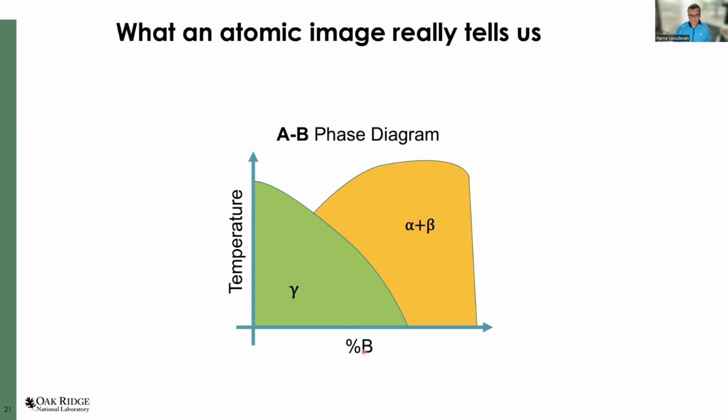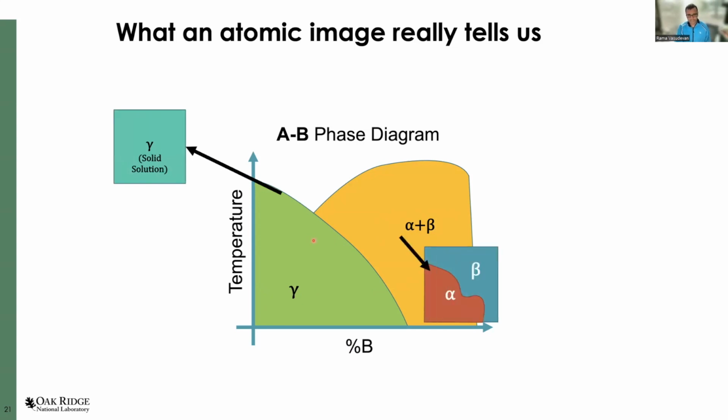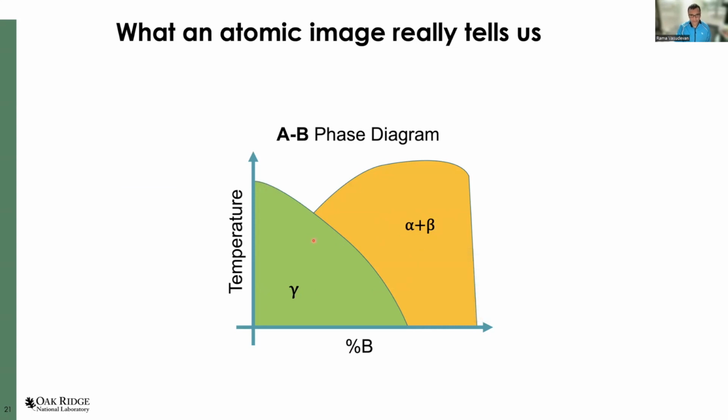And this is the phase diagram of the system. We start with A, and as I add some B to this particular alloy, we have some kind of phase separation that occurs. Here we have a solid solution, and then here we have a phase separation that's occurring. So let's say here we have this gamma solid solution, and in this case we have some phase separation that occurred. If we synthesize a material that's here, at a particular nominal temperature and nominal composition,